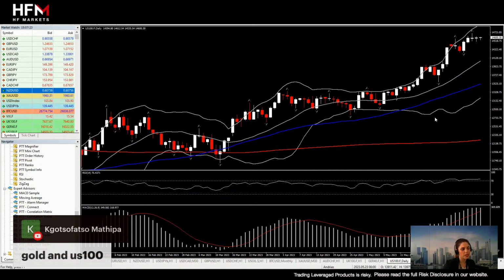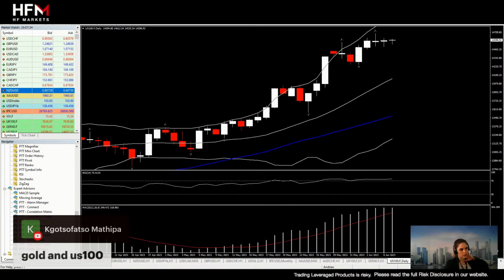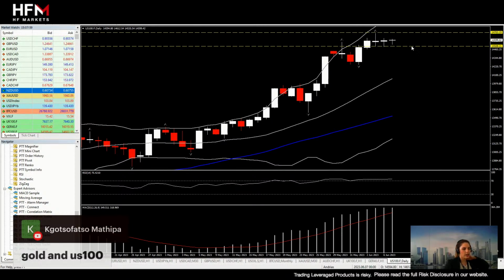Bollingers keep rising, 20-day moving average keeps rising. You can see MACD keeps rising. Overall, a positive outlook for the tech-heavy Nasdaq. Now, if we just zoom in to see what's going on in the current week and on an intraday basis in the near term. So 1, 2, 3 days in a row, steady sideways at 14,600 level. The edges of these wicks, guys, will help you figure out immediate barriers.